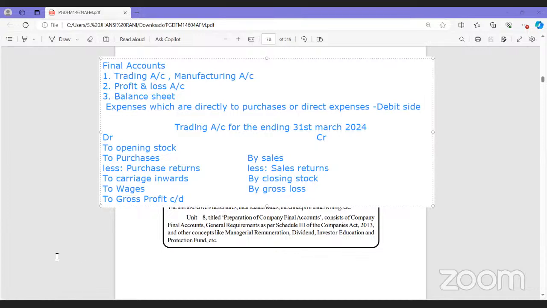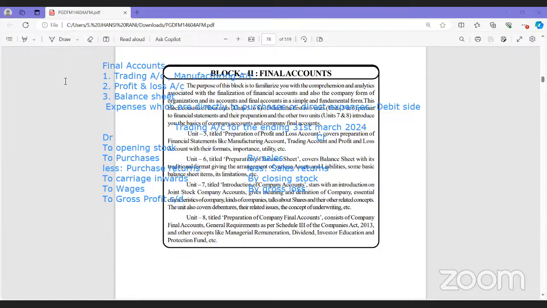This is called trading account. Now, next we have profit and loss account. Actually, trading account and profit and loss account are not prepared separately. They are prepared together. So here the heading is called